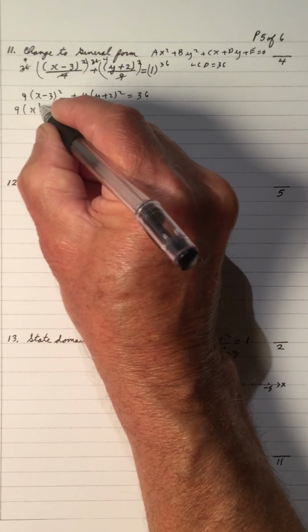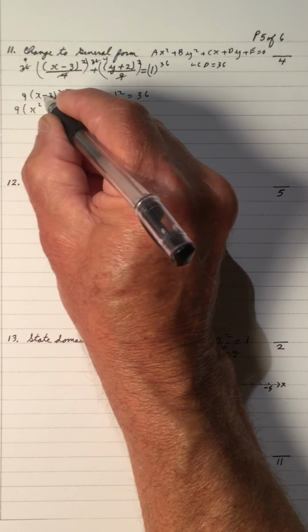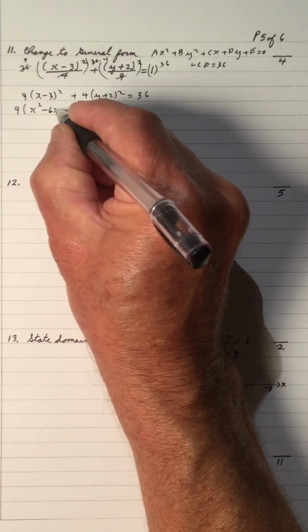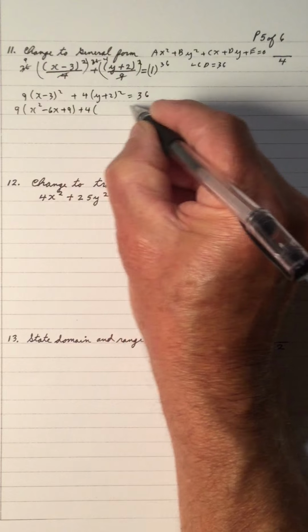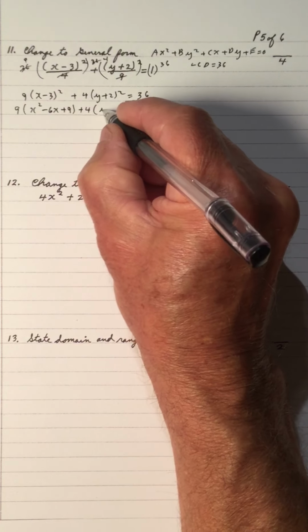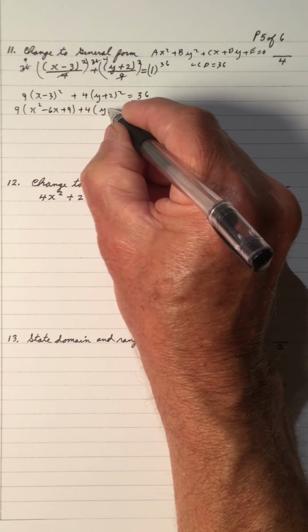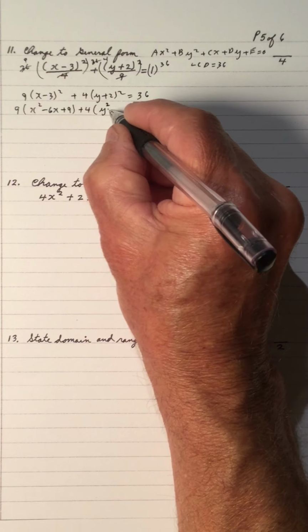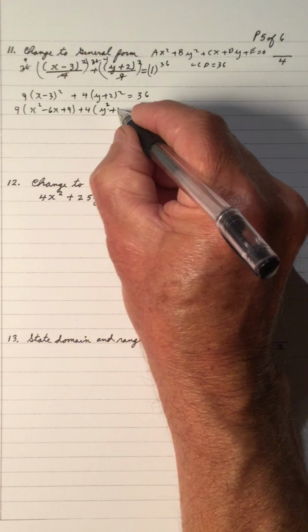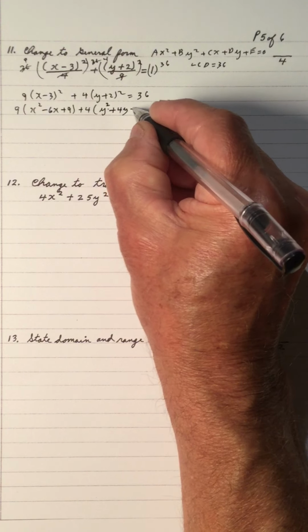We get x squared. Product is negative 3x doubled is negative 6x. Negative 3 squared is 9. Again, we do the squaring. y times y is y squared. The product is 2y doubled is 4y. 2 squared is 4,